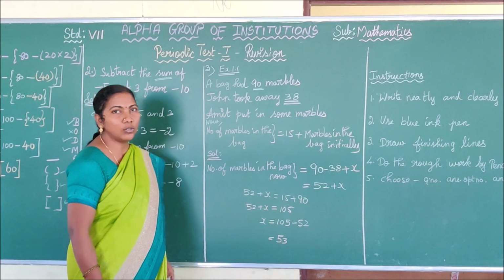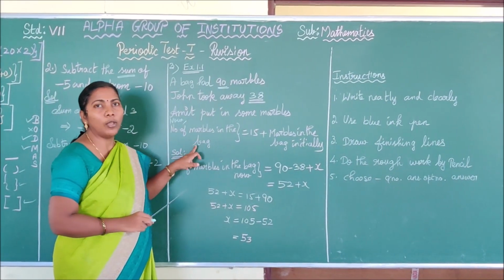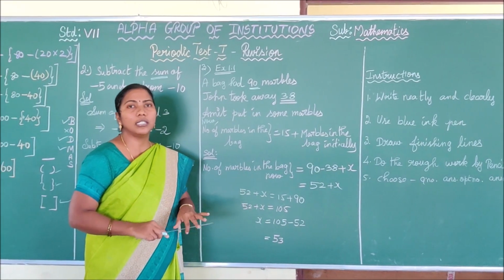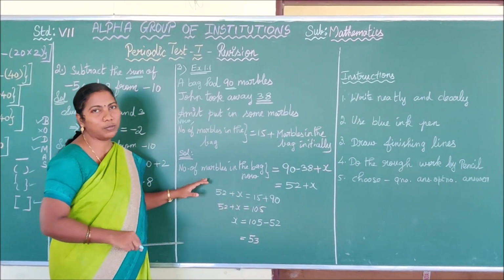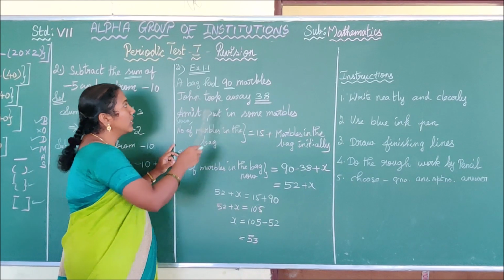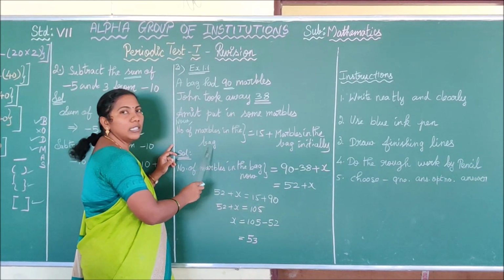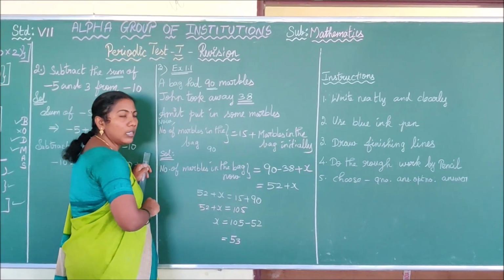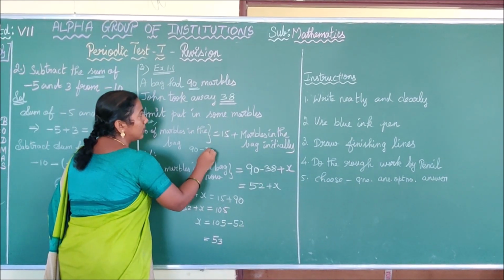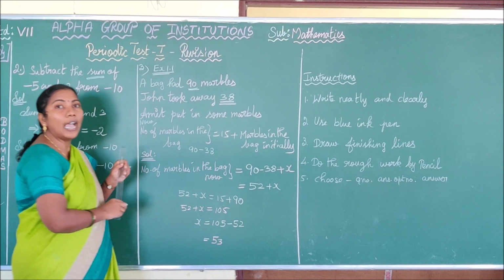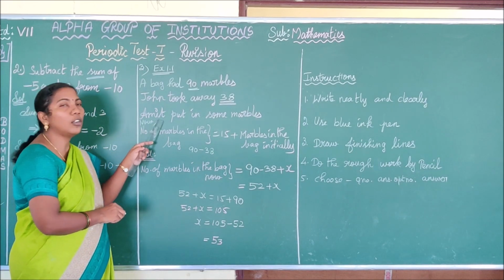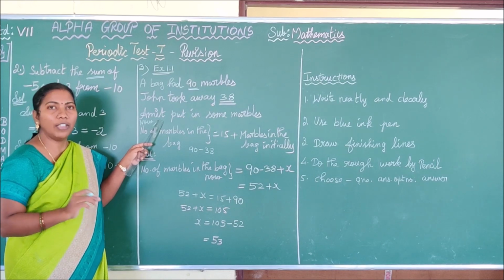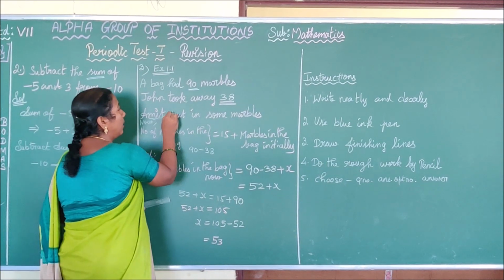What do the marbles initially in the bag contain? 90 marbles. Let us see how to solve this problem. In your class work, we have explained it in detail. You have to do it in the same model only. I just give a hint to explain this. First, let us find the number of marbles in the bag now. Initially it has 90 marbles, and John took away 38 marbles. And Amit added how many marbles? We did not know. For unknown values, what do we have to take? We have to take it as a variable. Let us take the variable as x.